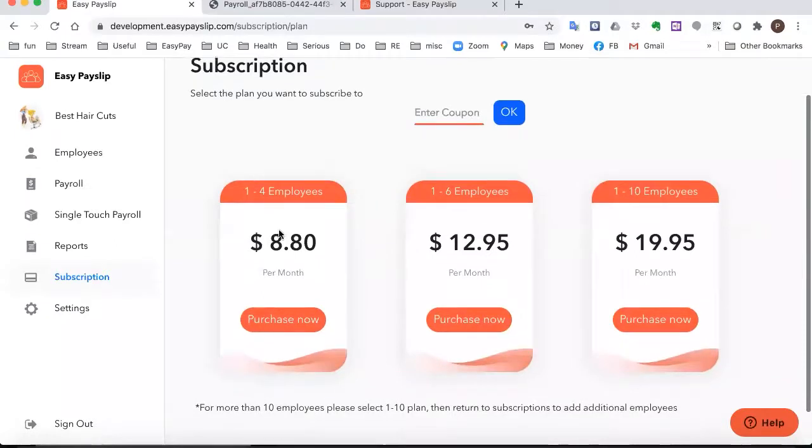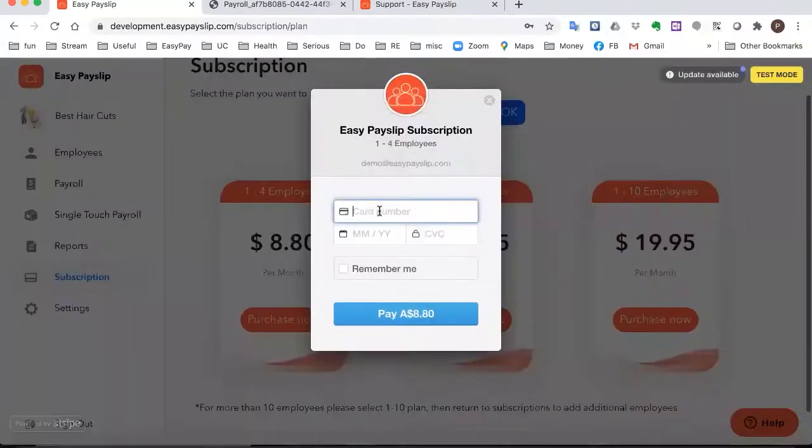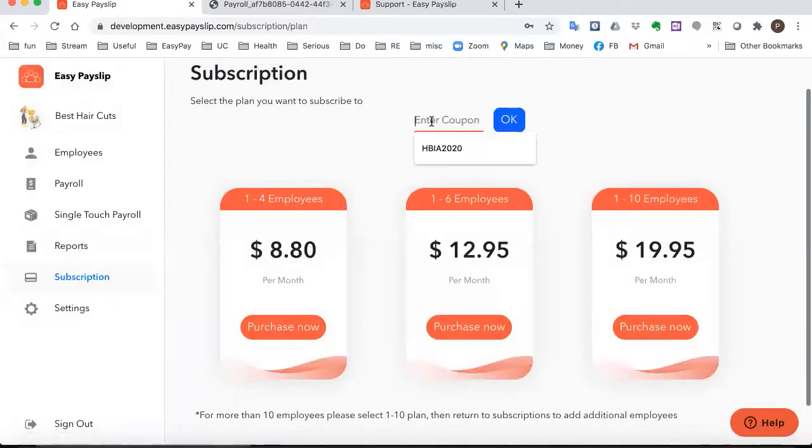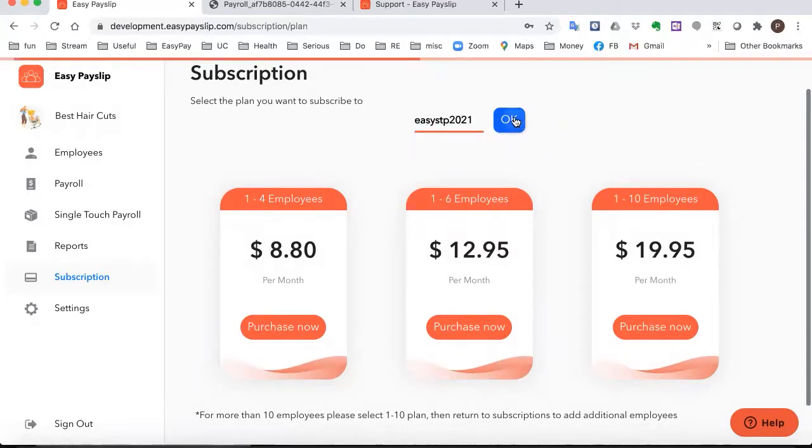The normal rate is $8.80 a month, and that's for up to 4 employees. Normally you would just purchase now and put in your card details for payment, and it will charge you $8.80 each month, and you can cancel at any time. However, because we have a voucher code, if you type in that voucher code here, which is Easy STP 2021, and click OK,